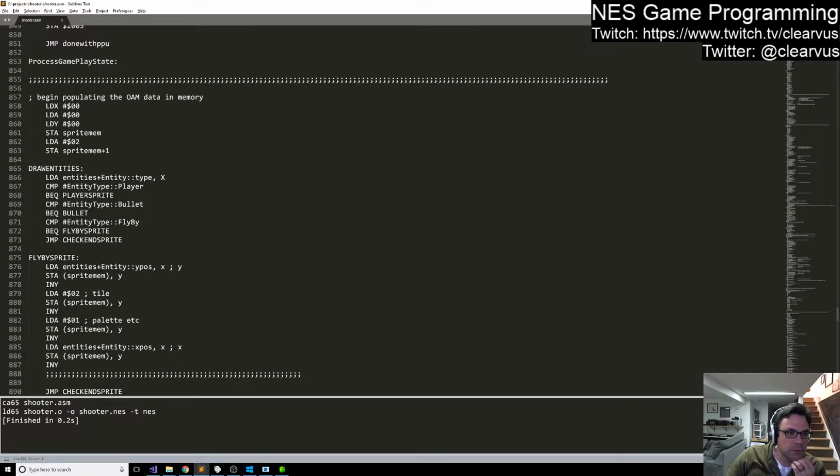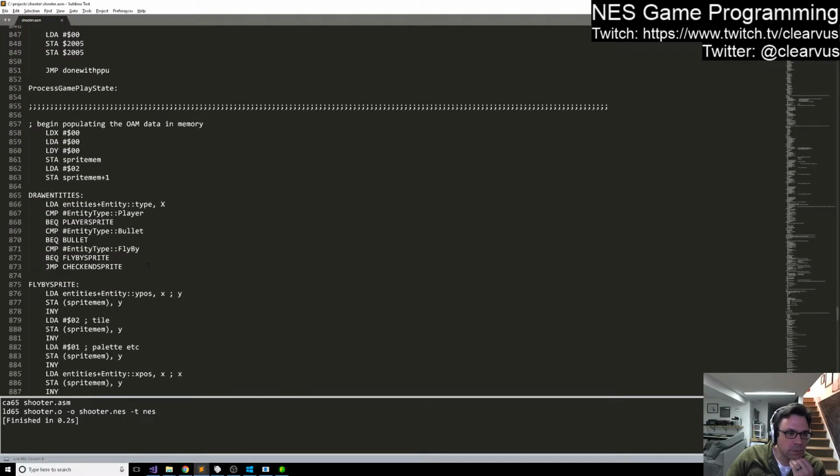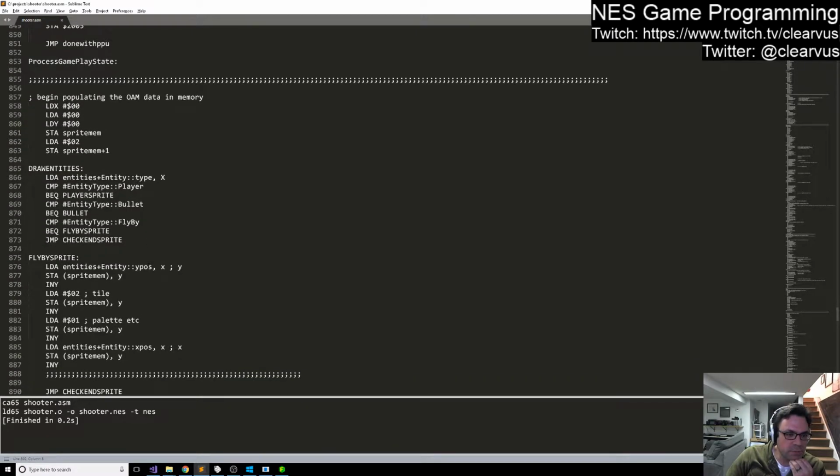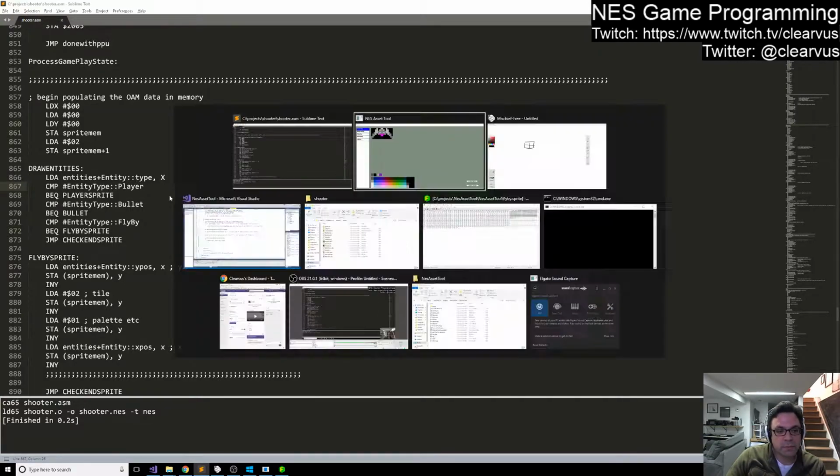So right now, we're iterating through our entities, and we're looking at the type of the entity, and based on the type of the entity, we're drawing appropriate sprites. So I wonder if the first thing we need to do is maybe we will export the player, because